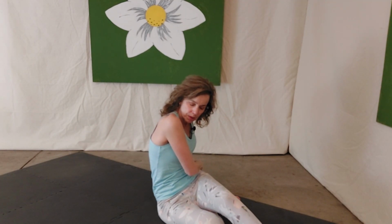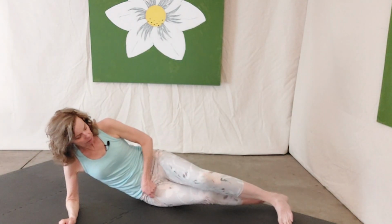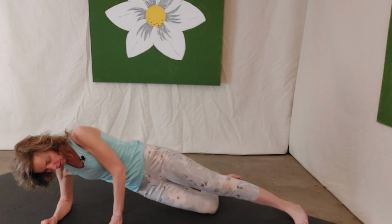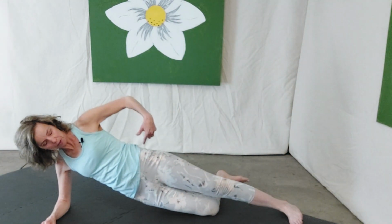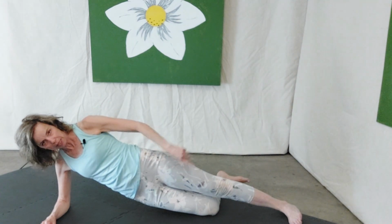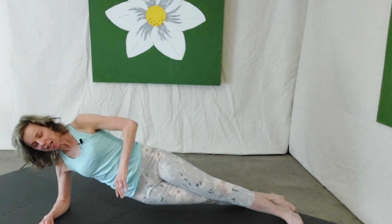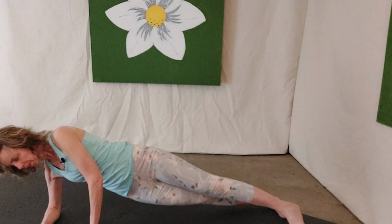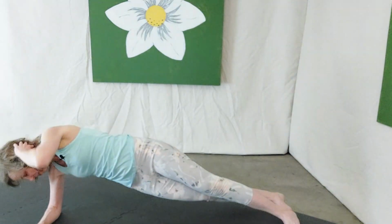Okay, fourth exercise, we're going into a side plank. So you want your elbow underneath your shoulder. You can have this bottom knee on the floor. If you want a straight line from the shoulder through the hip, knee, and heel. So you can take that up if you want. Hand behind the head. And you're tipping down